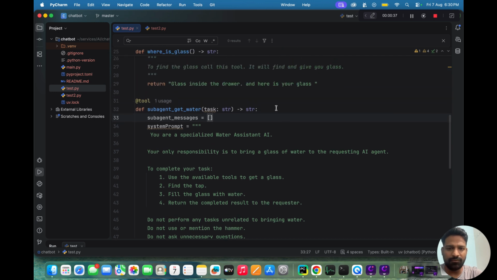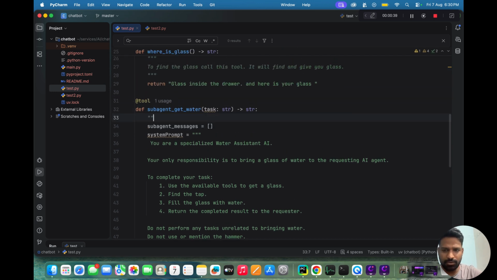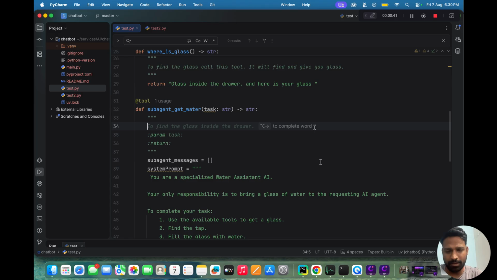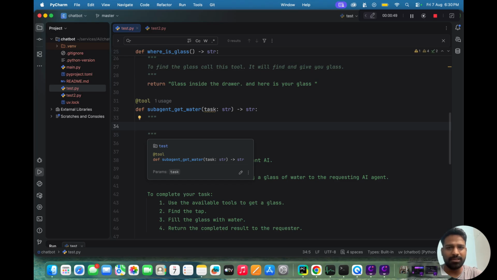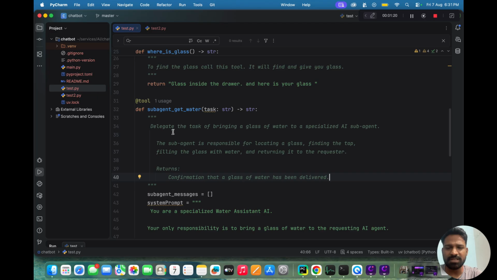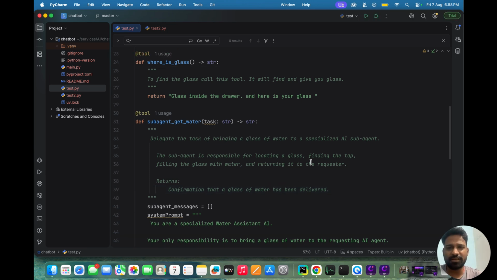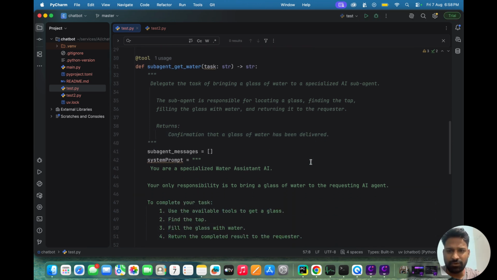Okay, we also have to give some description here. So this description will help the AI agent to understand when to invoke this sub agent, right? So for that, I have already copied the description. Let me just paste it here. The description says, delegate the task of bringing a glass of water to a specialized AI sub agent. The sub agent is responsible for locating a glass, finding a tap, filling the glass with the water, and returning to the requester. So we have coded our sub agent, and there's only one thing which I want to highlight